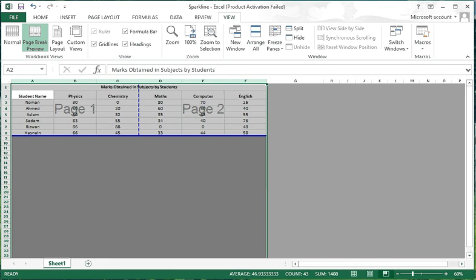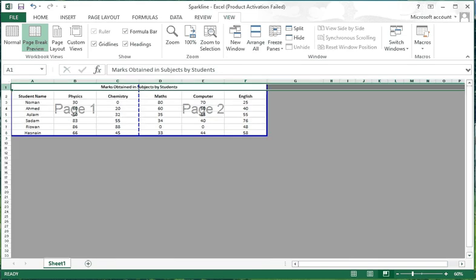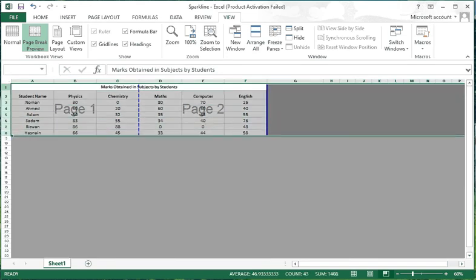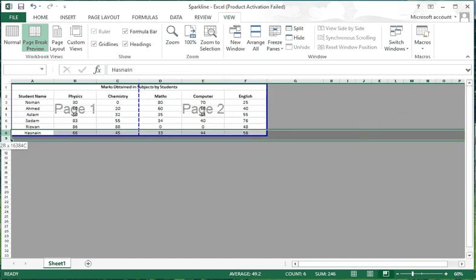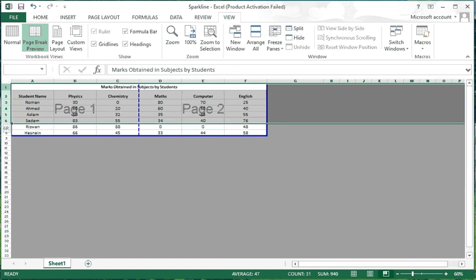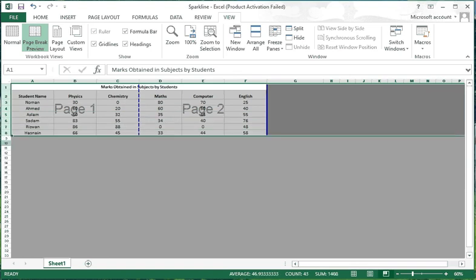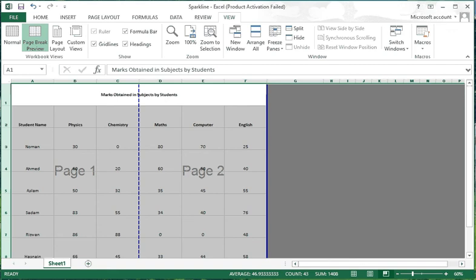When you print, you will get 2 different pages like this. And if you want to increase the size of the rows, then you can see the same thing which we saw in the columns. So I am increasing the size.